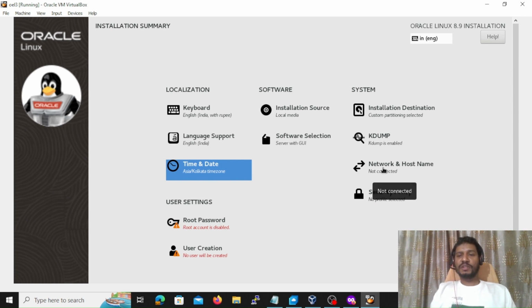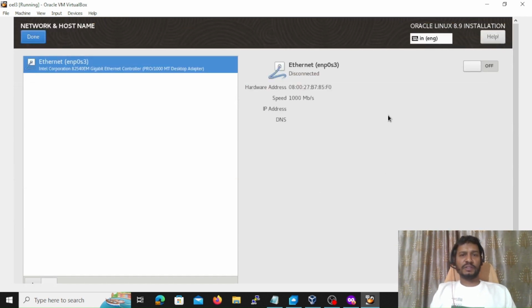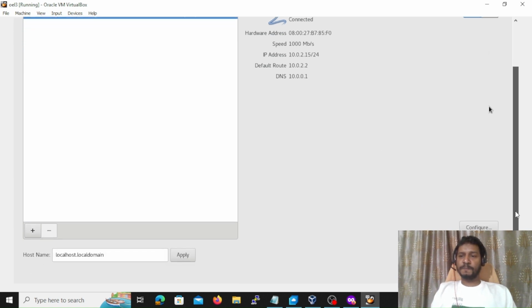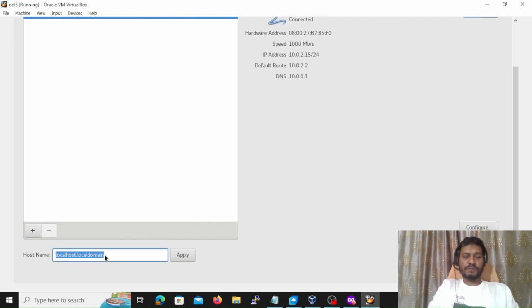And network and host name is required, since every machine has its own name, right? If you want to interact with this particular PC, then you need to enable the network card, which will assign an IP address to your system. In real time also this needs to be enabled. And when you come down a bit here, you will see the host name. The host name is by default set to localhost, something like that. You can change this using tab or mouse, since OL3 is what we use, choose it, right? Then apply it,